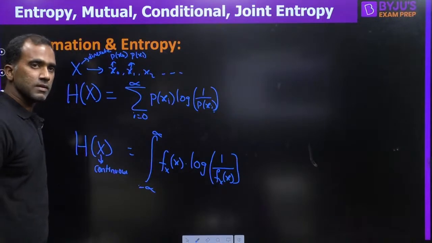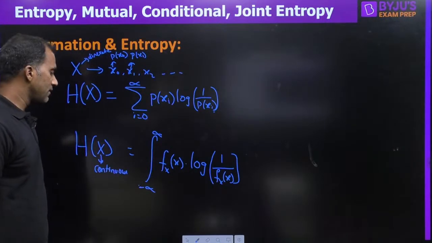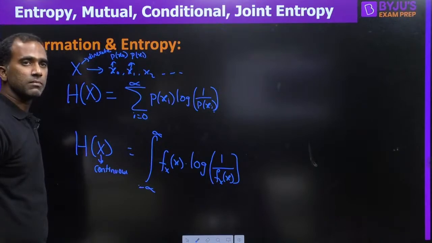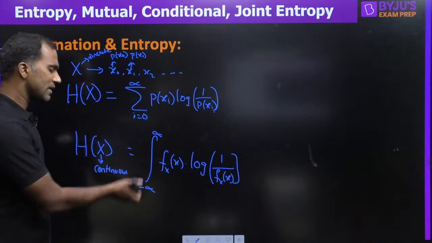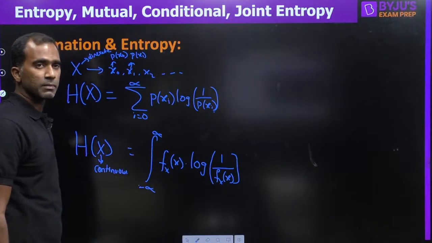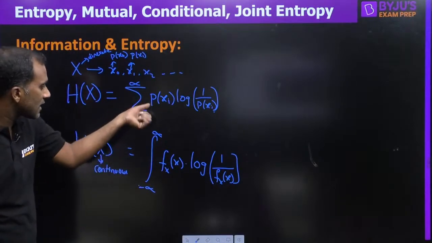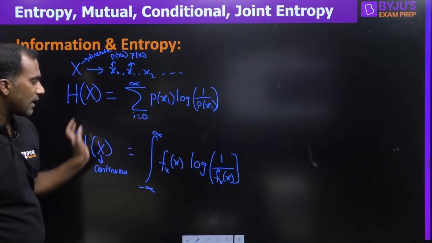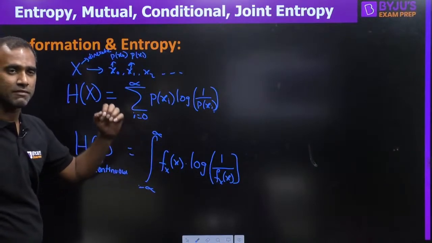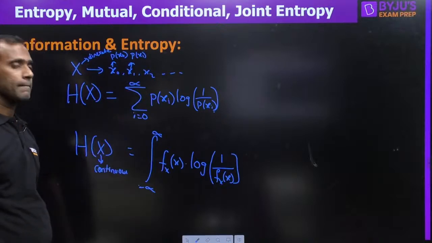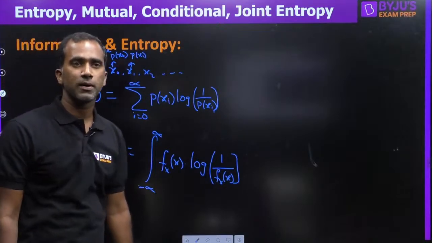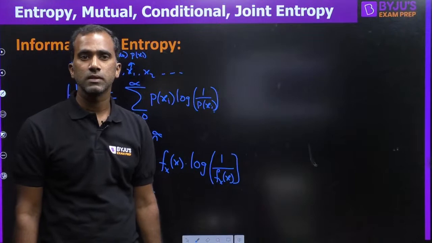Okay. X is a random variable, a continuous random variable, which takes all the values from minus infinity to plus infinity. So we can write the limits as minus infinity to plus infinity. Right, for a continuous random variable and a discrete random variable, there is a slight difference, but the idea behind it is very simple, which we have understood in the previous slide. I hope it is clear till this point. Is it okay?